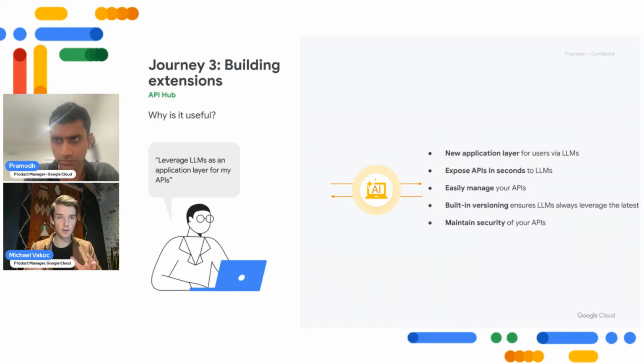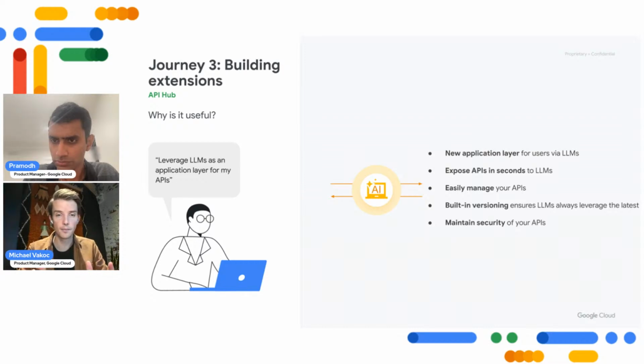And with this, the LLM can take an actual action using your API. For example, if you want to update your billing address, instead of navigating a seven-level deep navigation menu, you can simply ask the LLM to do that, which has access to that. If you give it access to your API, your customer can do that easily with just a few words in an LLM. And that's what extensions allow you to do, to really easily manage access to this data